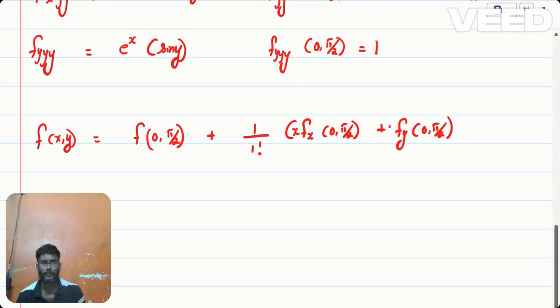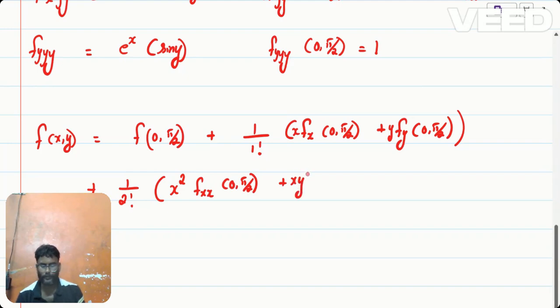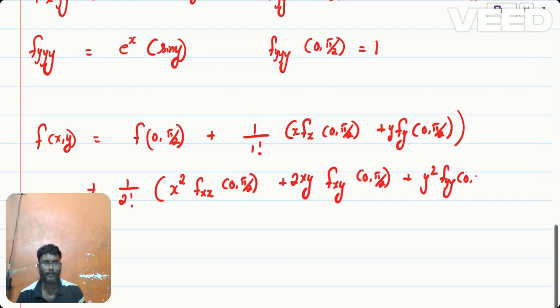x into, and this is y into, plus 1 by 2 factorial into x square f x x of 0 comma pi by 2 plus x y of 2 times x y of f x y of 0 comma pi by 2 plus y square into f y y of 0 comma pi by 2,